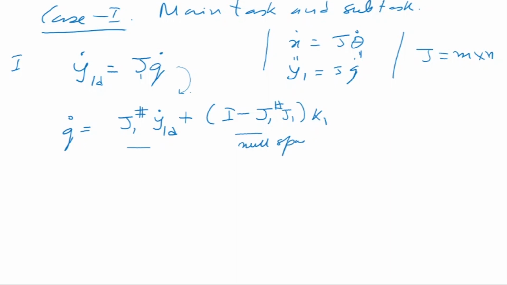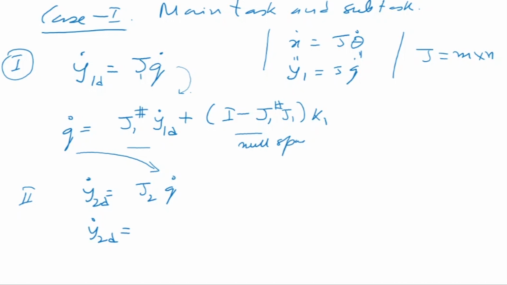Now let us say second task. So this is my first task. The second task is given by y2 is equal to j2 into q dot. This is my second task. Okay, now we can call it y2d. Now here also what I can do is take the previous equation and put it into this equation. So my q dot was here, so I'm putting my q dot into there. So what I do get is y2d